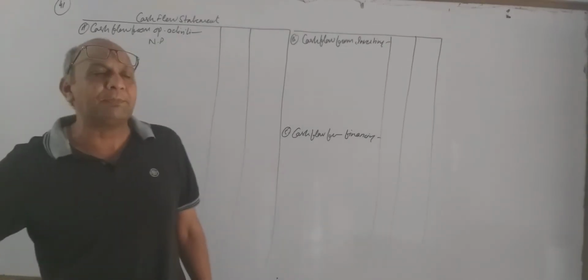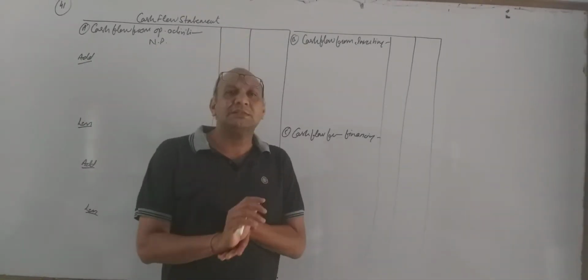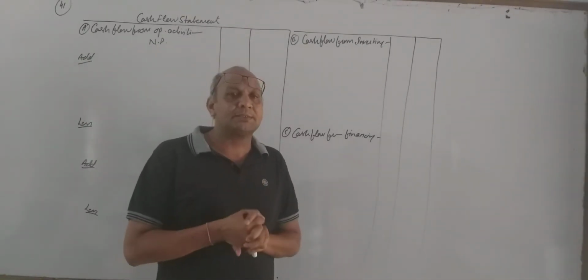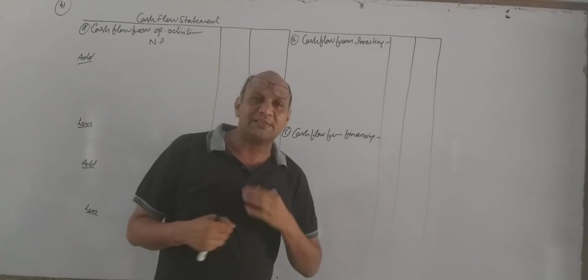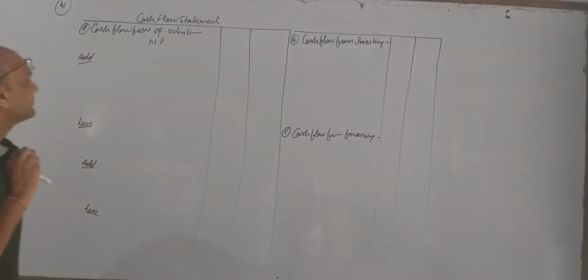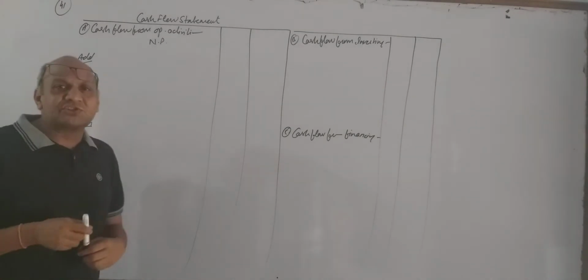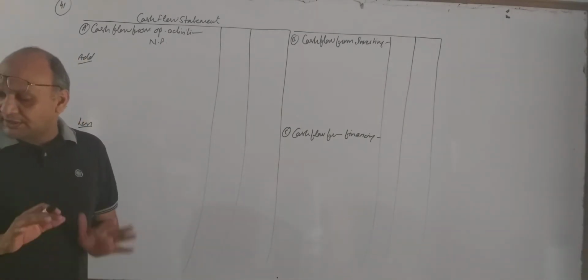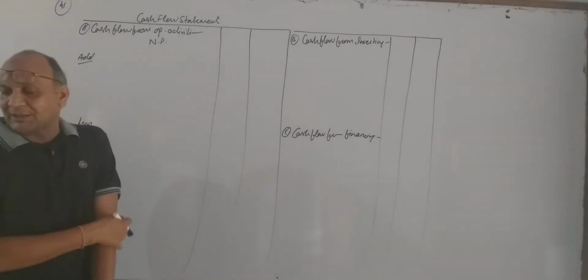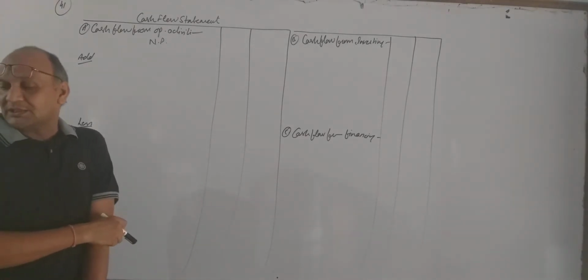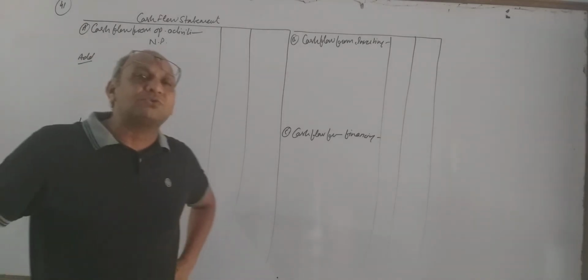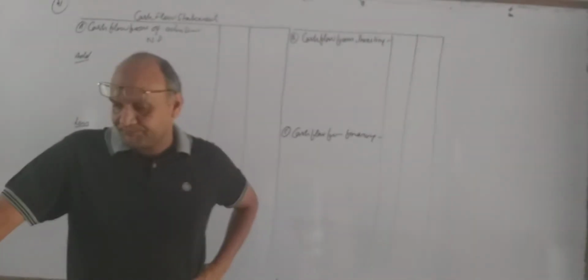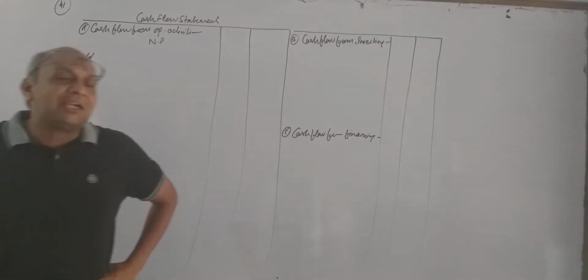Welcome to accountancy period. The lesson cash flow is in progress and we are doing full-fledged sum of cash flow statement. Today we are doing illustration number 41 and the name of the party is not given. Following are the balance sheet and here the years are 2012 and 2011 in reverse order. We will start our sum with the balance sheet.